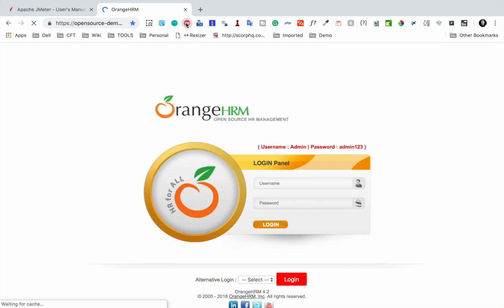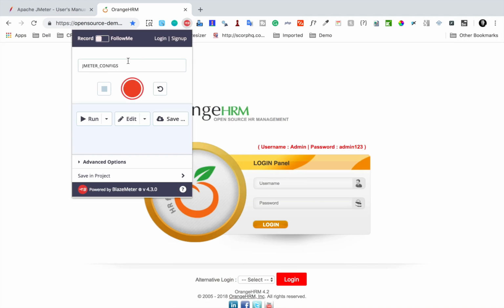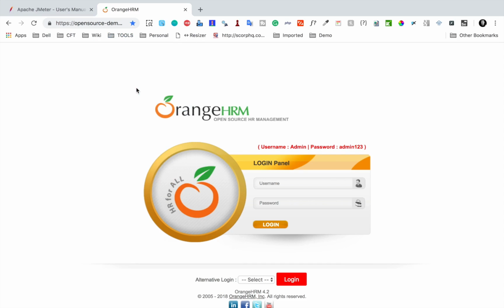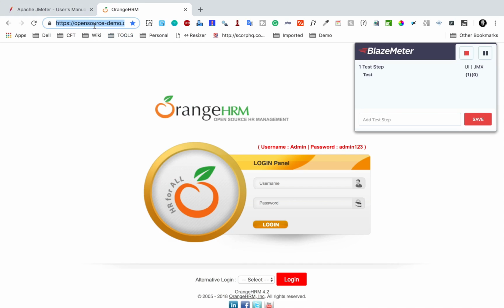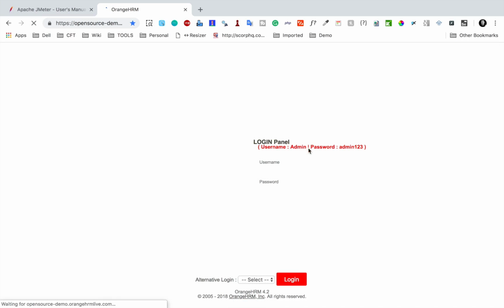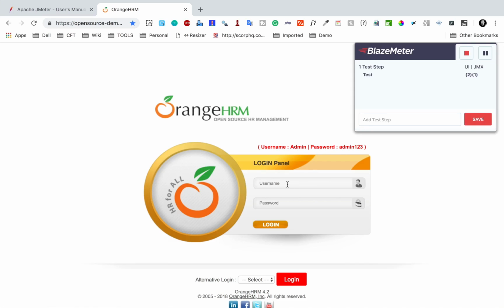So let me first click on the BlazeMeter icon here, and here I'm just going to say this is JMeter test 1, and I will click on the record button, and I will go to this website, and then you can see the username is admin and password is admin123. I will add this admin and admin123 and click on the login button,